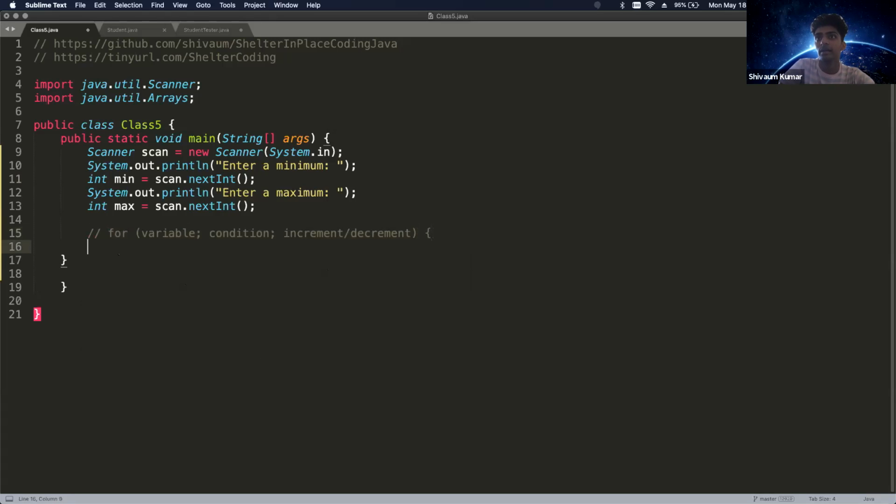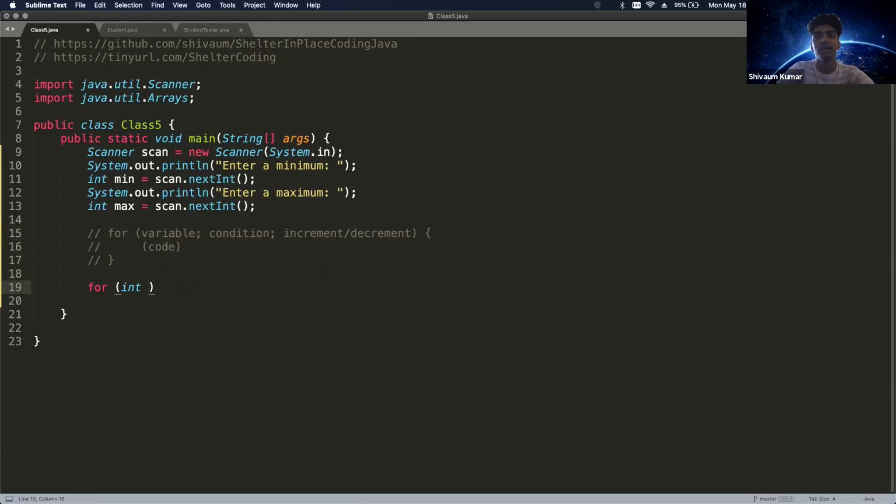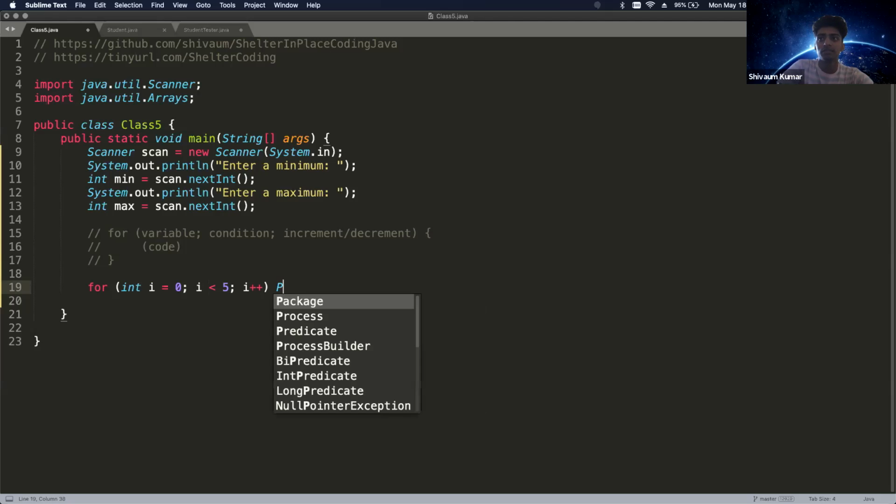And then we have this, and you tab over, and we have all of our code, and then you close it, obviously. So this is what a for loop kind of looks like. Now, if I were to create one using these min and max values, I'll start off with the simple one first. So we have int i = 0; i < 5; i++,